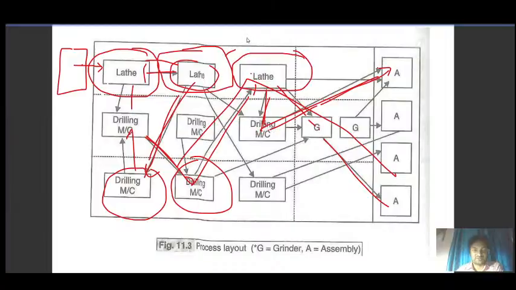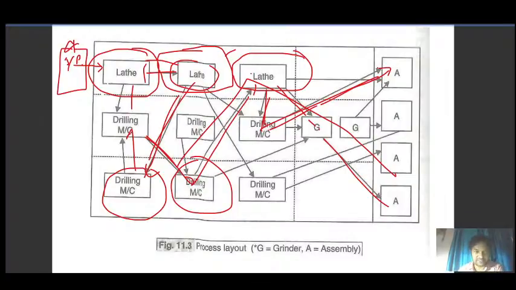You are creating an inventory of the parts between the machines, and obviously when you are creating inventory of the part at each machine, the number of input parts, work parts, you need to have in more quantity.